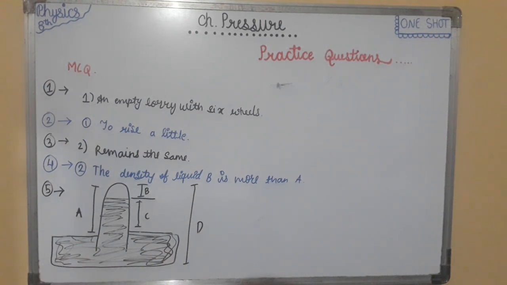So the options for this question are option 1 is D, option 2 is B, option 3 is A, option 4 is C. I'll repeat the question and options. The diagram shows a simple mercury barometer whose height is a measure of the atmospheric pressure. The diagram is this. Option 1 is D, option 2 is B, option 3 is A, option 4 is C. So the correct answer of this question is option 4, C.